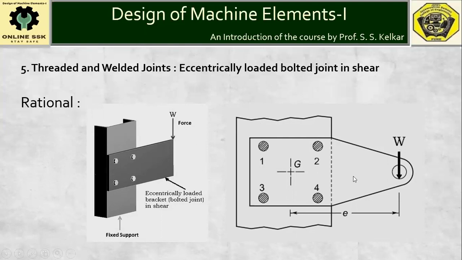If we consider this bolted system, bolt number 1, bolt number 2, bolt number 3, and bolt number 4, due to symmetry, the CG of this bolted system, that means the CG of these four bolts, will lie at the center, and we can predict it by symmetry. And now we can realize that the line of action of the force is eccentric with respect to CG. The line of action of the force is not passing through the CG, rather it is eccentric by eccentricity e.